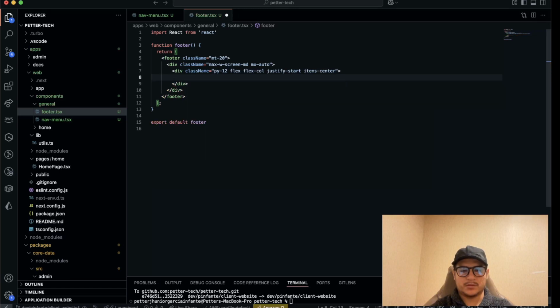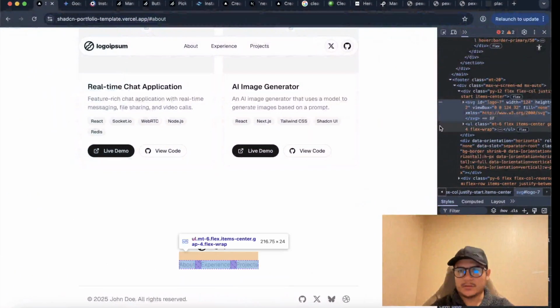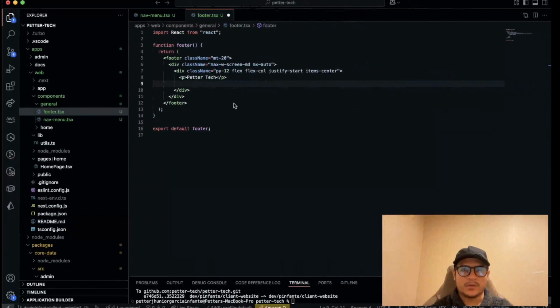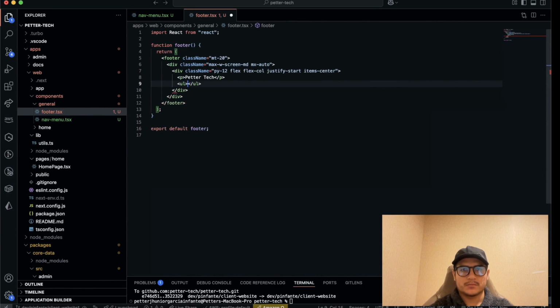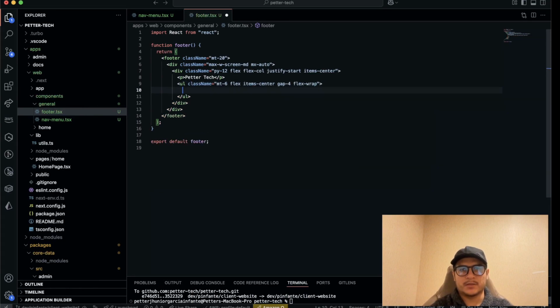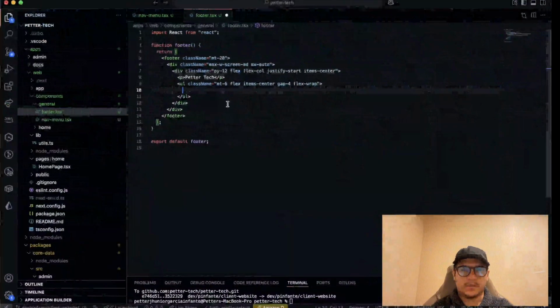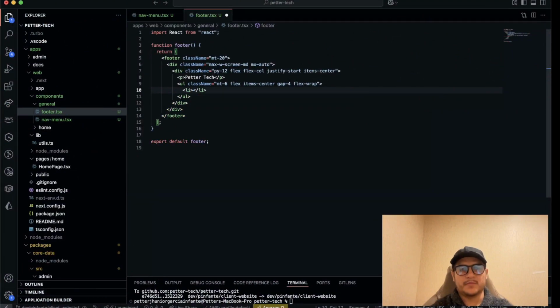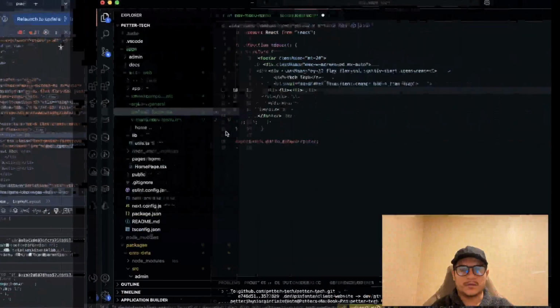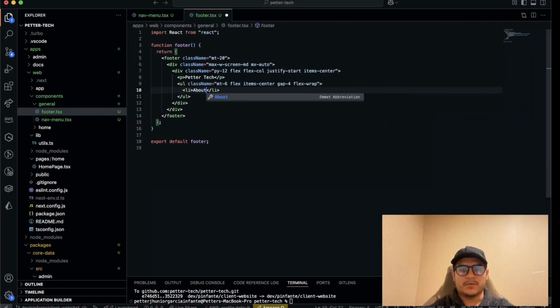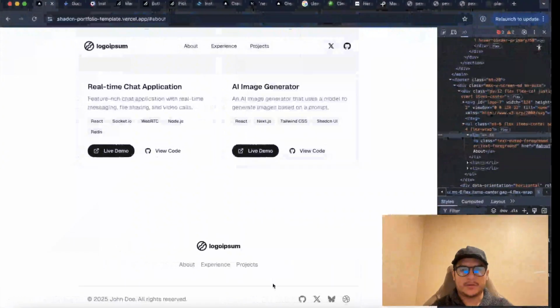Let's create this P. Okay, you can add the icon of your website or something. In my case I'm going to add Peter Tech. Later I'm going to prepare the icon for this. But below this we have this UL with class name like this, and here we have an LI. These are the options. We have the about, we have the experience,